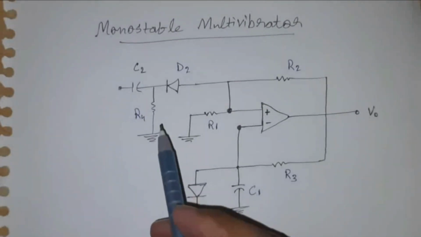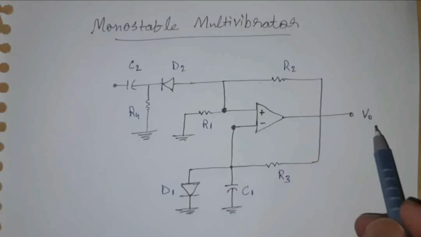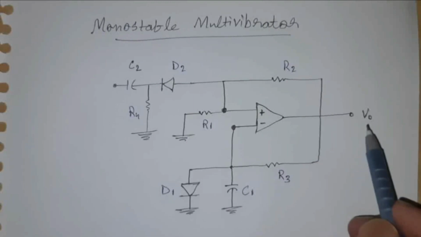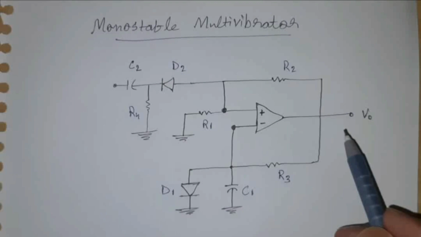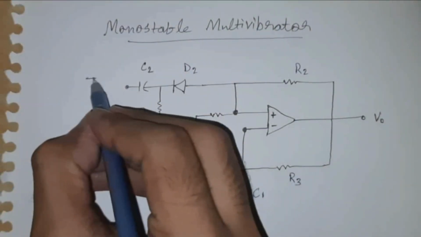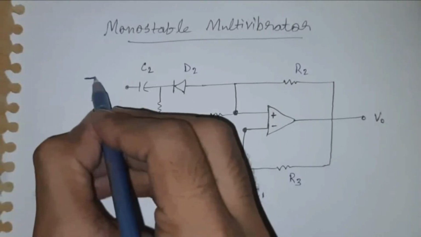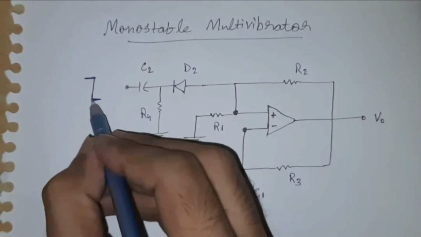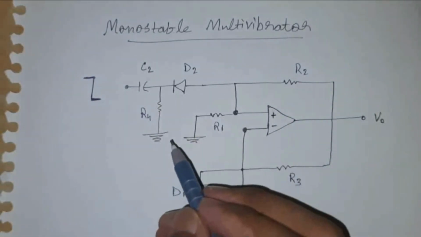Now let us start by supposing that at this V output, the initial voltage is plus V saturation, or plus V sat, and that is the stable state we are considering, and hence minus V sat we will be taking as the unstable state. So let us start by introducing a pulse here which is like this. It was at a high state and then later on it moves to the lower state. So how do we proceed?